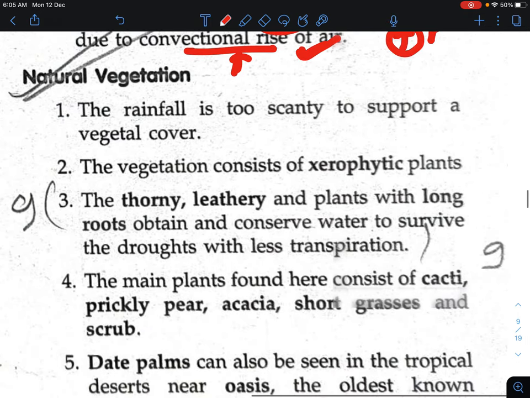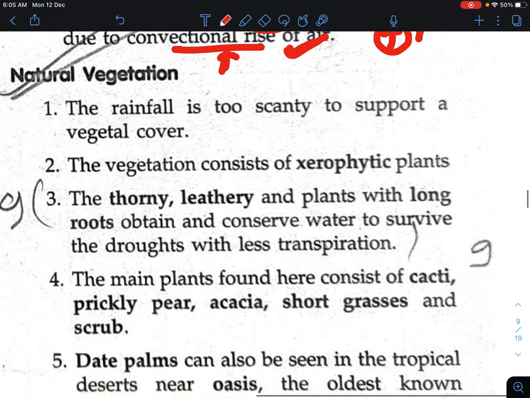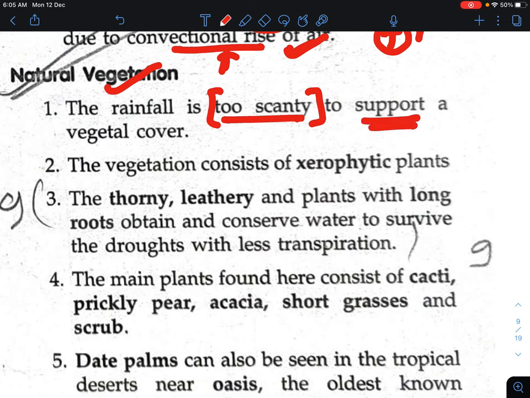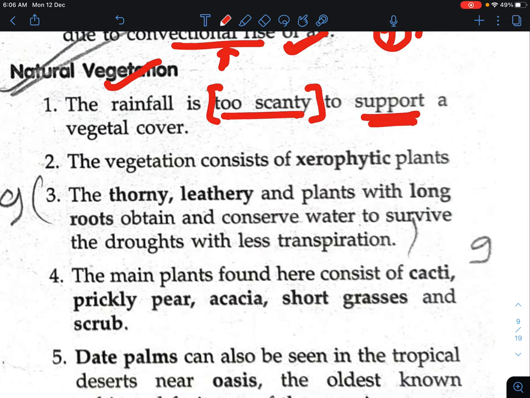After that we will study the natural vegetation. The rain is too scanty. We know the rainfall is very low, so it is too scanty to support a vegetation cover. If there is no rainfall, there is no vegetation. Due to low rainfall, the vegetation consists of